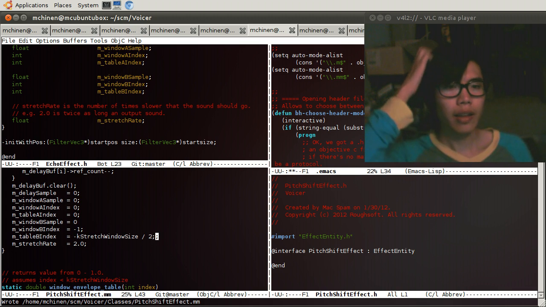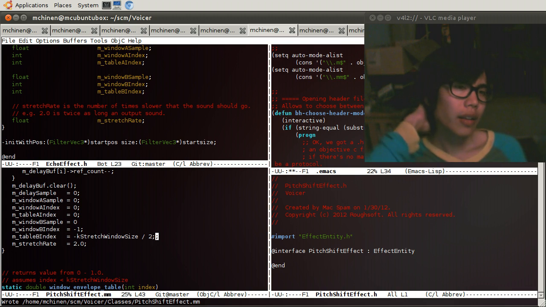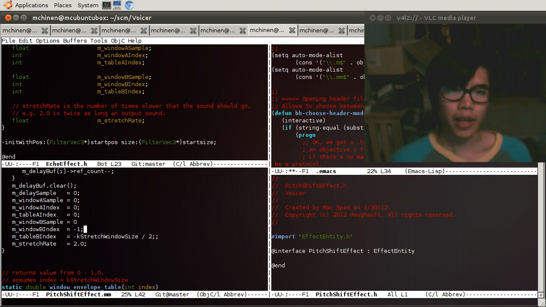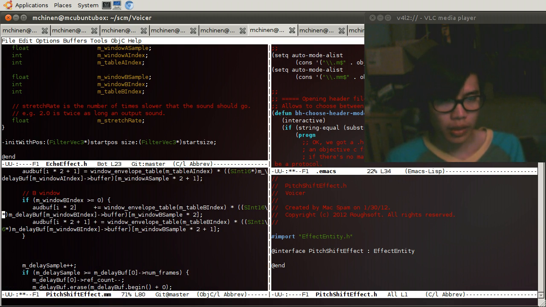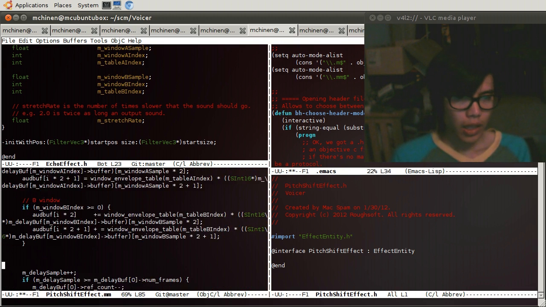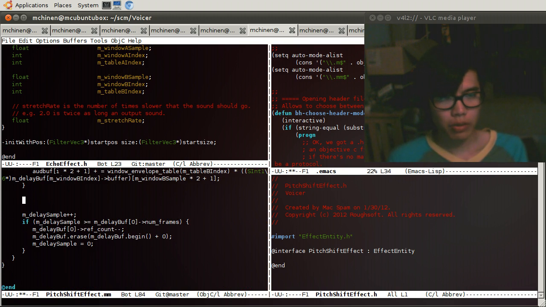Yeah, I like that. So this will be a special flag when this guy's negative. So when it's greater than or equal to 0, you do that stuff. That's good. I like that. And this is where we increment window